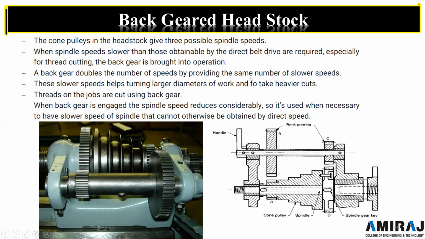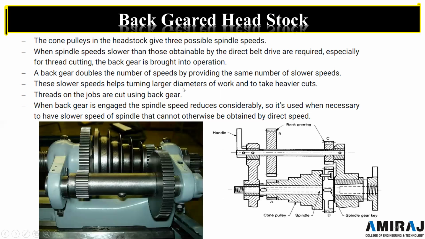Back gear doubles the number of speeds by providing the same number of slower speeds। सो जो बैक गियर है वो क्या करेगा कि जो नंबर ऑफ स्पीड्स है वो उसको डबल कर देगा। यहाँ पे जो सपोज तीन थी तो यहाँ पे बैक गियर की मदद से तीन हमको और स्पीड मिल जाएगी लेकिन वो स्लोअर मिलेगी।